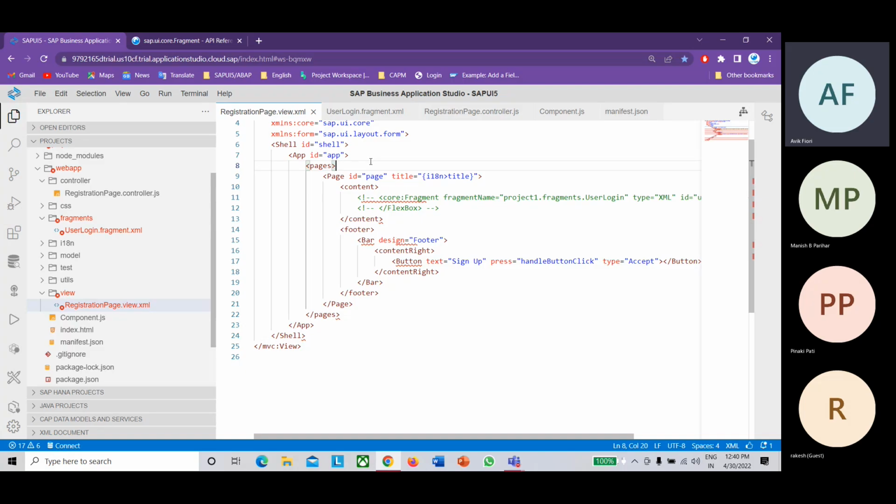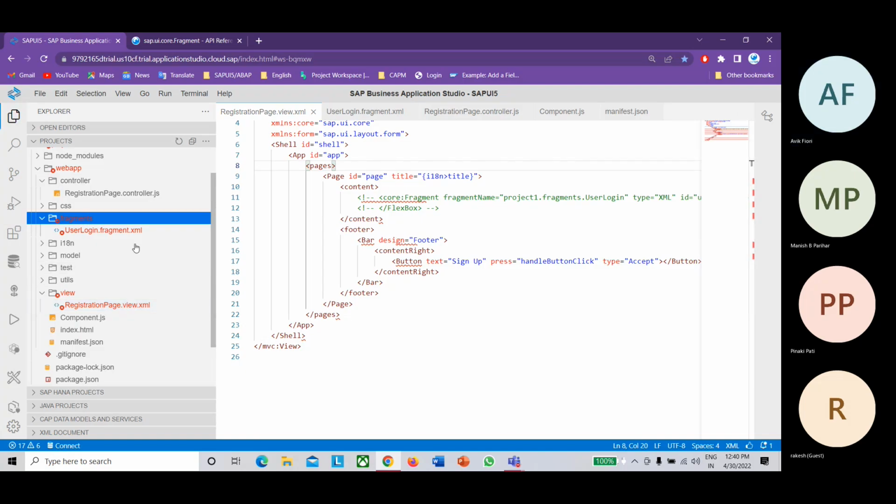That won't work actually. So for such controls, you can prefer the fragment. A fragment is a reusable component, and as we have seen, it doesn't have its own control instance, right? If you're going to load the fragment, in return it will return the dialog box. So let's do one thing. Let's create one more fragment file for the dialog box.